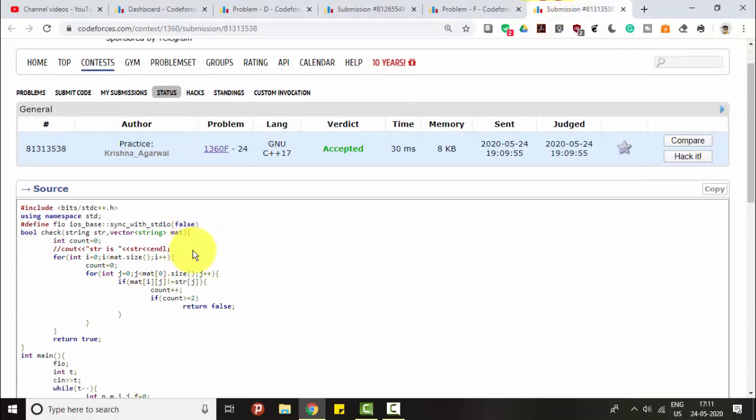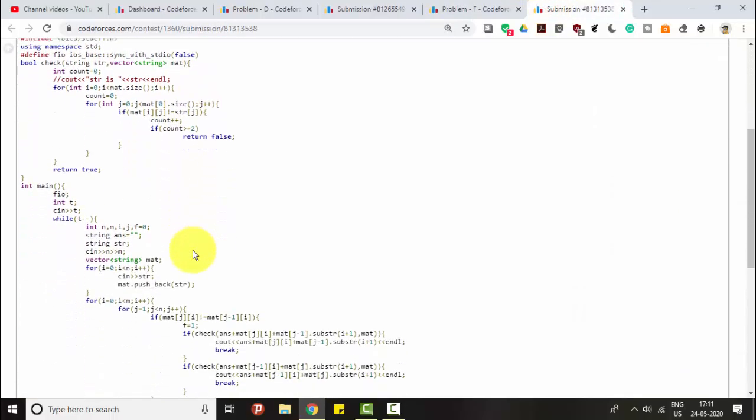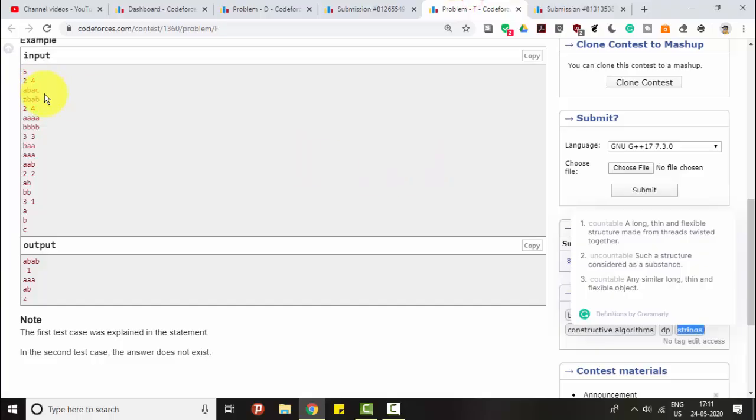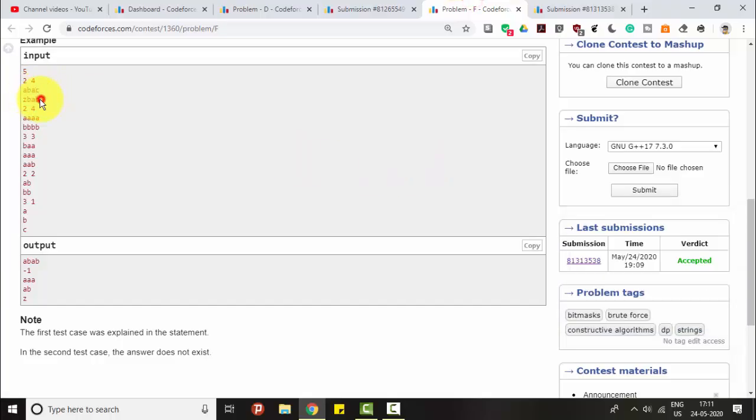So what we'll do is, here we have the code in front of us, and I'm making a matrix out of these inputs. For example, if we have a b a c and z b a b, we find that a and z are unequal.